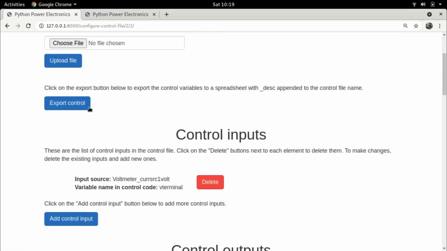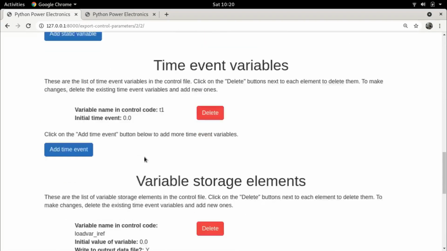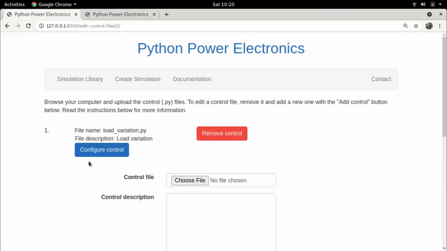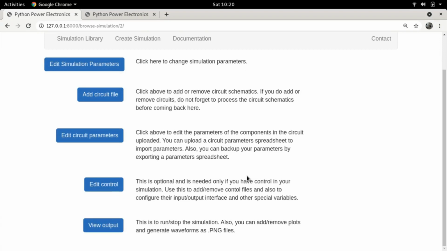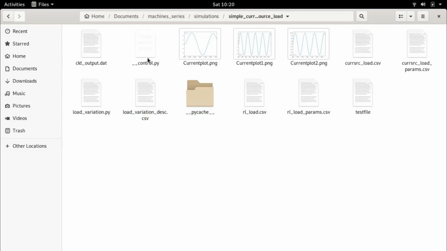And this is the control file. Again, if you just say export control, it will export the latest descriptor. So if you've added any variables, you will have those variables as well. With this, we are good to go. Just as a confirmation, go over to the browser and you will see these files, that is control load.csv and _params.csv. The params file is the parameter file for a particular load, a particular schematic. And for a control file, you will have a descriptor file, which is a _desc.csv file. These files can be copied over and imported when you want to create a new simulation.